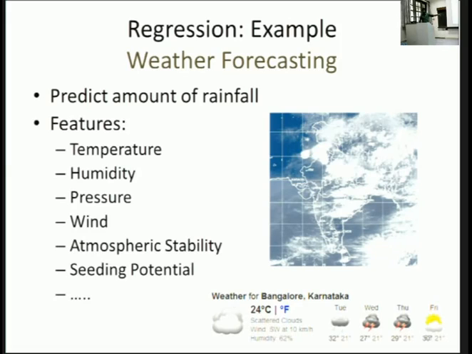So the idea is you have the rain, right? Here the difference you have to focus on is that the prediction is not binary. It's not going to tell you whether it is going to rain or not. What we are interested in is how many centimeters, how many millimeters it will rain. So the amount is a real number, right? There's a huge difference between the earlier problem which I showed and this one, because the prediction has to be a real number, and the techniques change a lot, believe me.